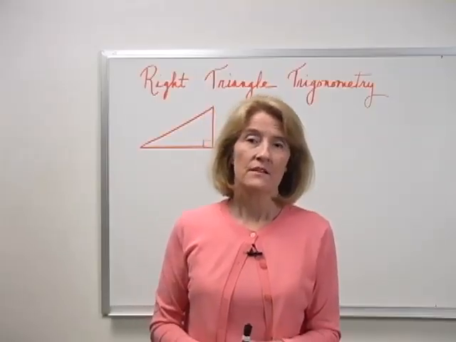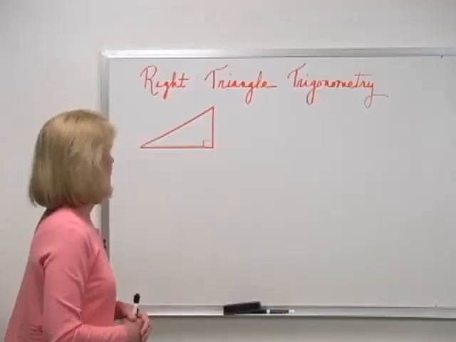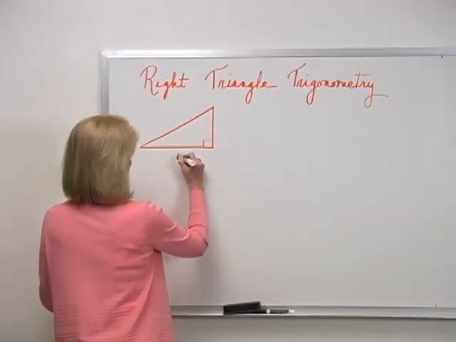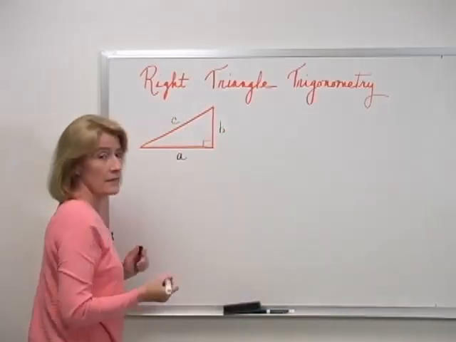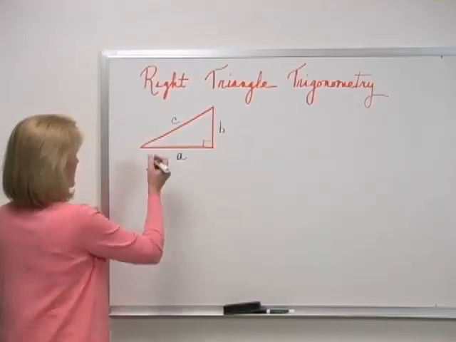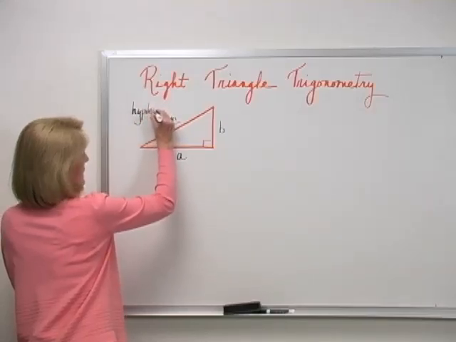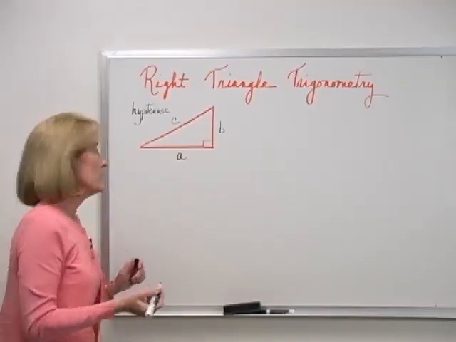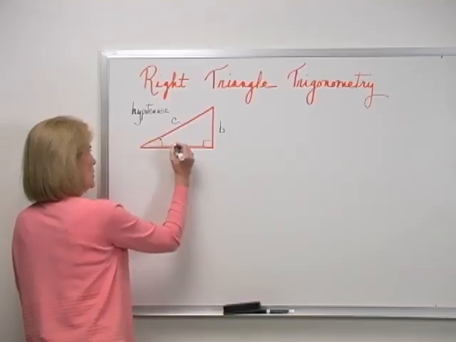Hi, let's take a look at an interesting property of right triangles. Suppose we draw a right triangle and we label the sides A, B, and C. The side C, which is the side opposite the right angle, is called the hypotenuse. Now, in terms of the angle theta, which I will select this angle and call it theta,